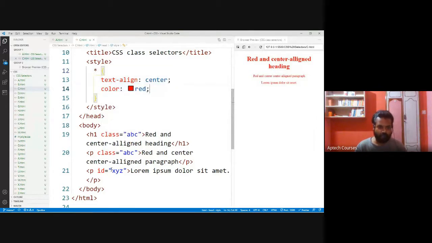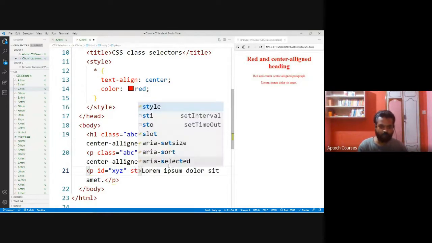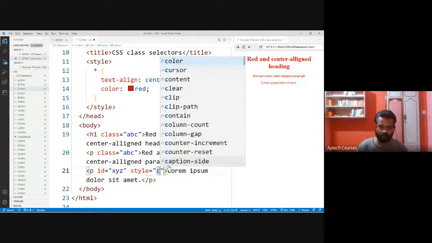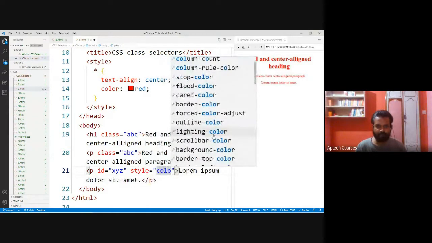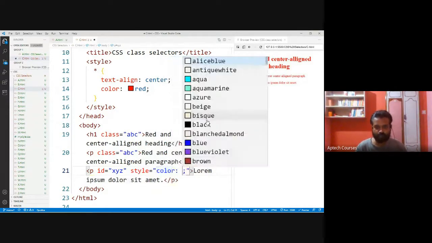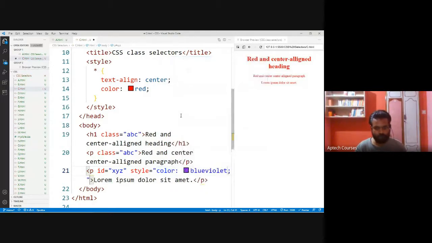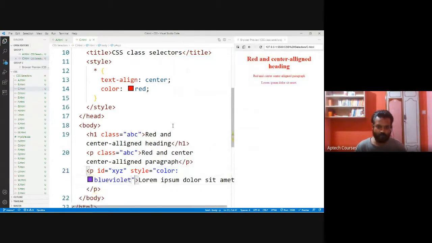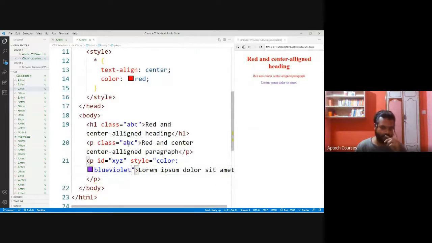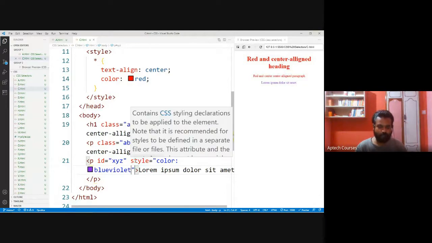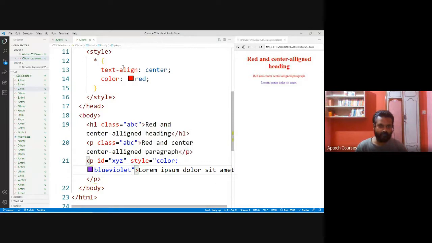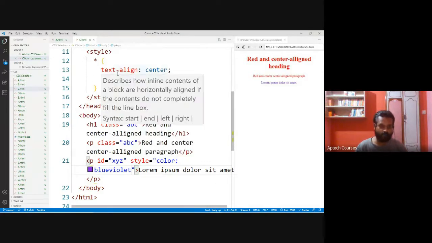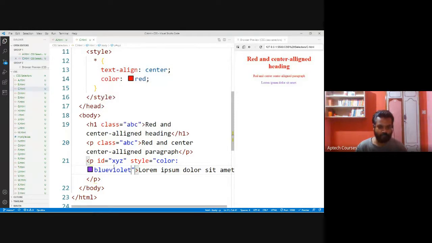Now let's say I have inline style. Style is equal to color, something like blue violet. Now which one is more powerful? Inline CSS is more powerful than internal and external.